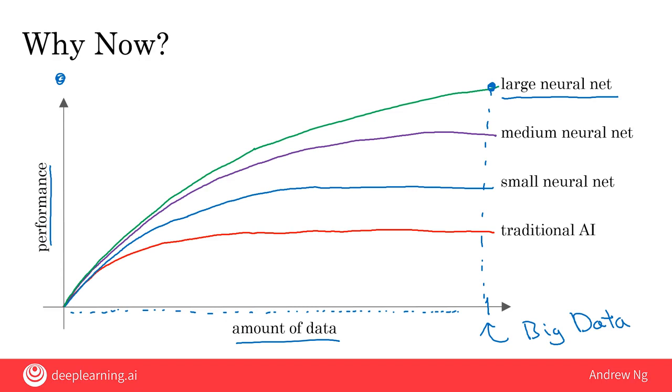And so the rise of fast computers, including Moore's law, but also the rise of specialized processors, such as graphics processor units or GPUs, which you hear more about in a later video, has enabled many companies, not just the giant tech companies, but many other companies, to be able to train large neural nets on a large enough amount of data in order to get very good performance and drive business value.